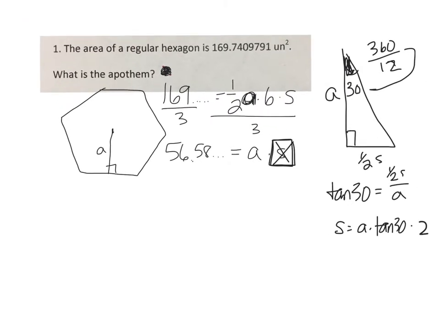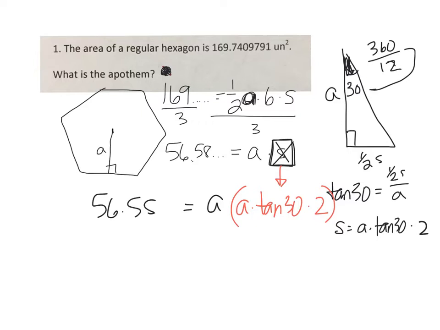So instead of having an s, we're going to now have apothem times tan 30 times 2. So I substitute s there, and everything else stays the same. And that is always the relationship. Anytime you want to replace s, you always do a times the tangent of the angle times 2. Replace in there. So we can simplify a little bit and get a squared times 2 tangents of 30